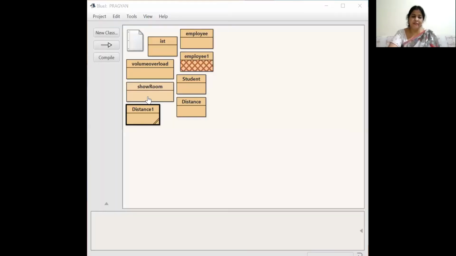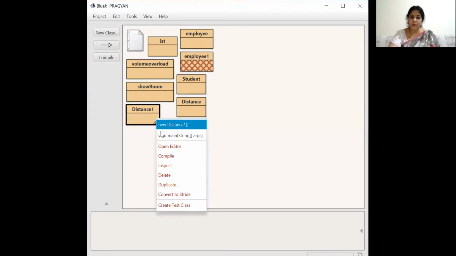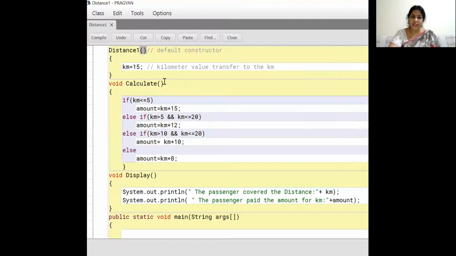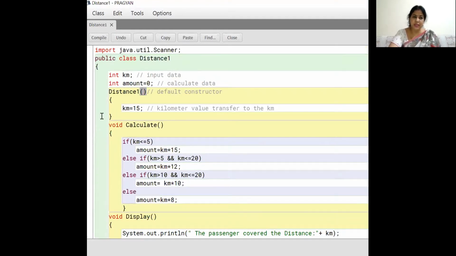Here I have already written the first program, which is based on the default constructor. The Scanner functions we are not going to use here, so we have to remove the default input. In Distance, kilometer is the input data, and amount is the calculated data. Amount we are not taking inside the default constructor.